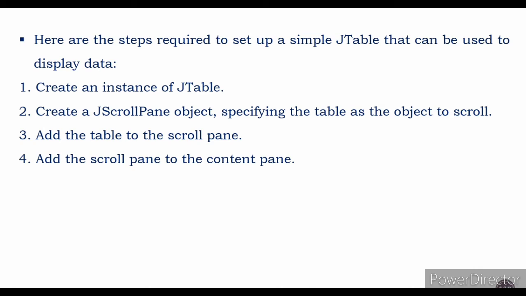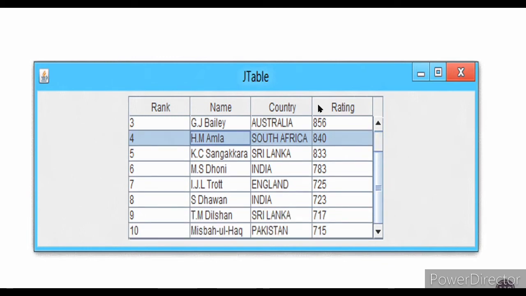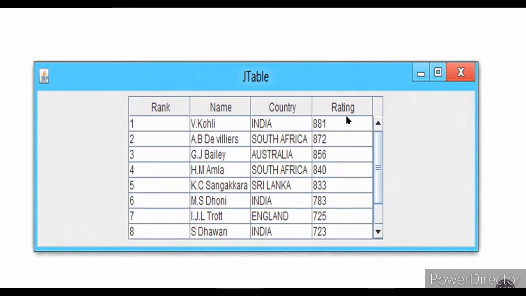Then add the scroll pane to the content pane of the applet viewer. We will see one example. These are the column headings: rank, name, country and rating. These are the column headings and these are the column data.